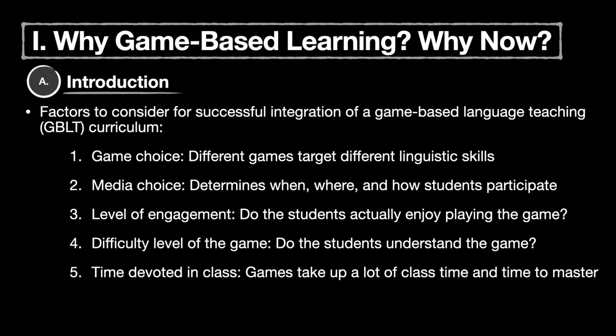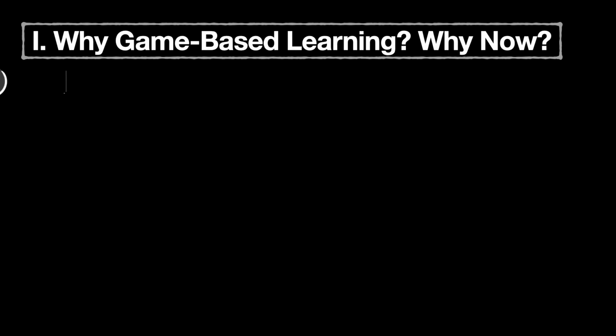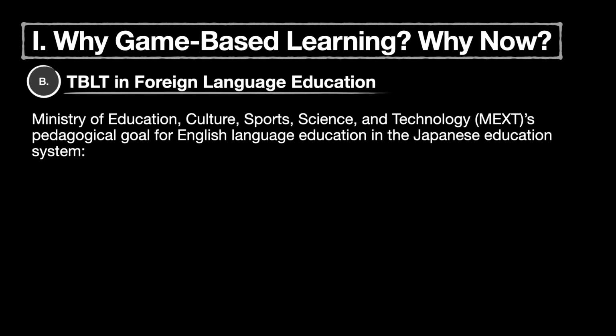The time devoted to the game in class, in particular the ratio of class time to game time. And finally, how applicable the game and the framework being used are to the pedagogical goals of the curriculum. Well, if we take a look at the pedagogical goals of EFL education in Japan, as defined by the Ministry